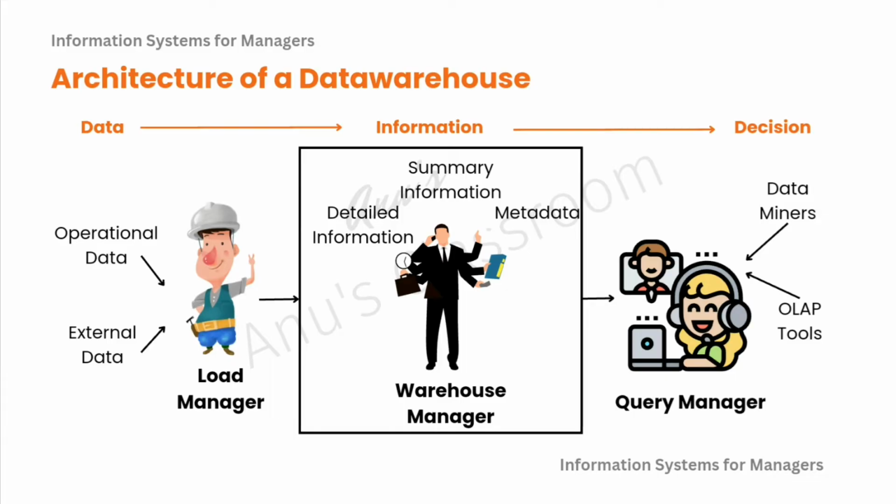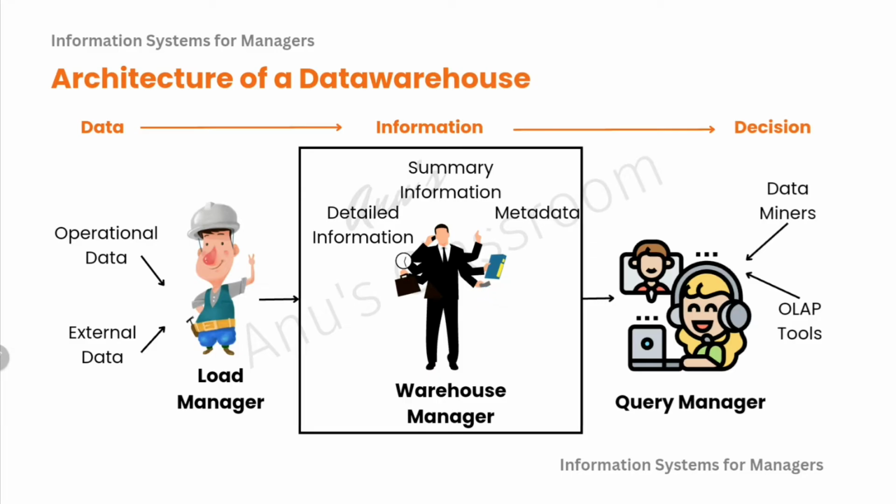So the architecture of a data warehouse is like this. Data comes in. It could be operational data or external data. All the incoming data first encounters the load manager, and the load manager converts this data and directs it to the warehouse manager. The warehouse manager is in charge of creating the summary information, detailed information, and processing of this metadata and things like that. The data warehouse manager gets data and transforms it into information,